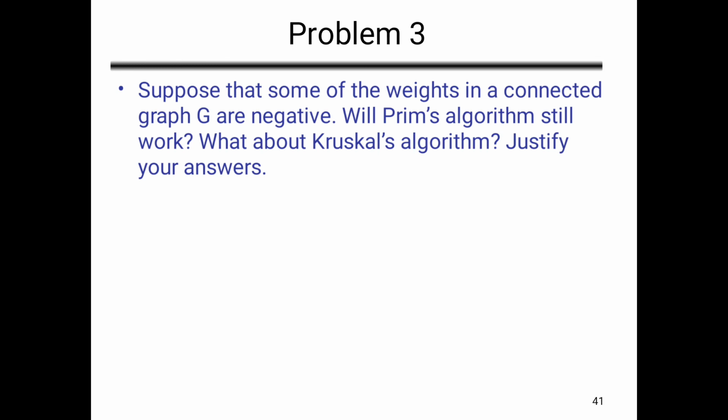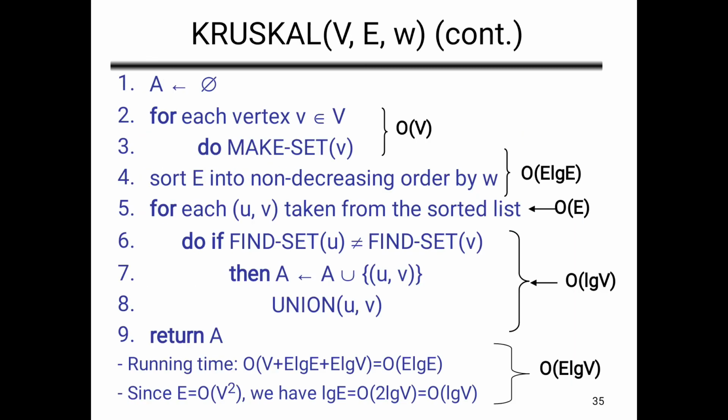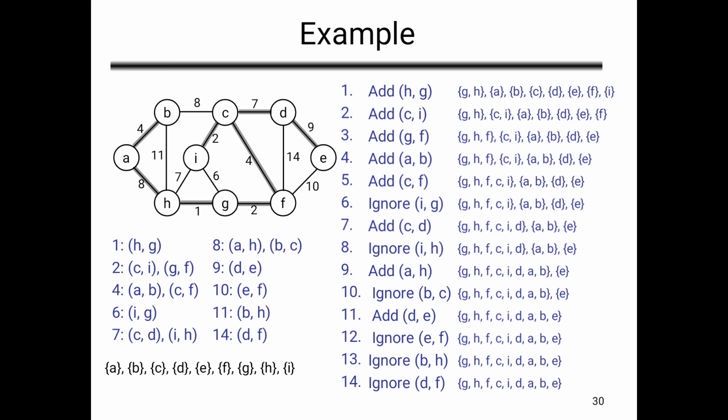In Prim's algorithm, we grow a solution from a random vertex by adding the next cheapest vertex to the existing tree. In Kruskal's algorithm, we grow a solution from the cheapest edge by adding the next cheapest edge to the existing tree. So those are the differences between Prim's and Kruskal's algorithm. I hope you all understood.